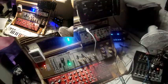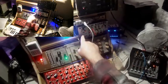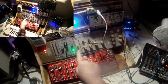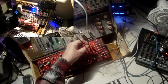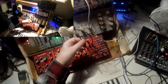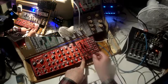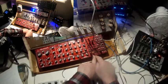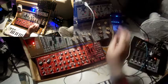To make things faster, I have patched it already. The difference is that I go through the buffered multiple, and what I feed in is the LFO from the Volca Modular. The Volca Modular's LFO goes into the buffered multiple in, and from there I go with one patch cable into the cutoff frequency modulation of the Neutron's filter, and with the other one I go into the summing unit, and from the summing unit to the resonance. The second input of the summing unit comes from the LFO of the Werkstatt. So the Werkstatt's LFO contributes to the sum, which